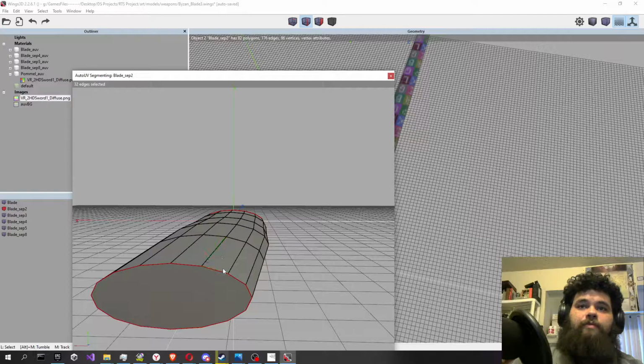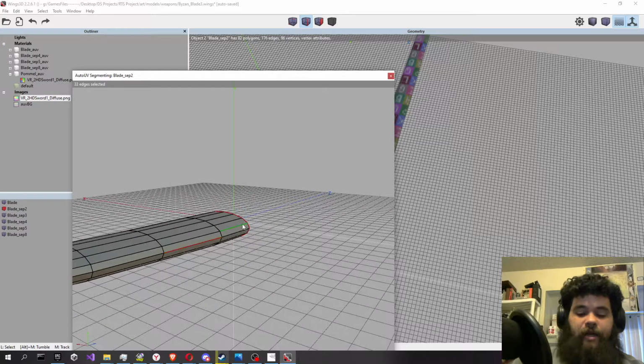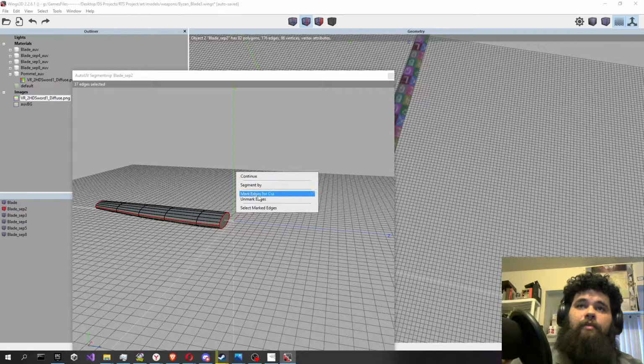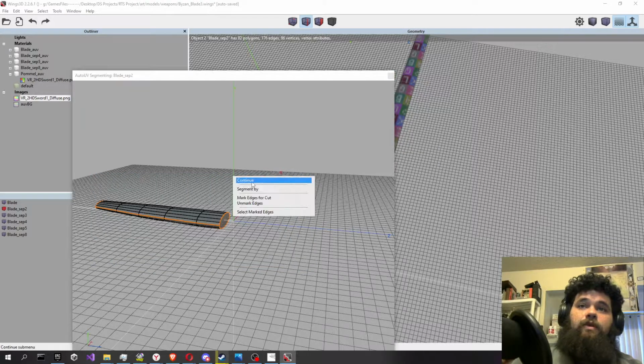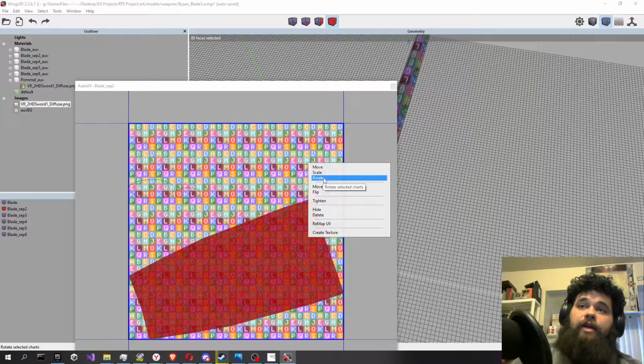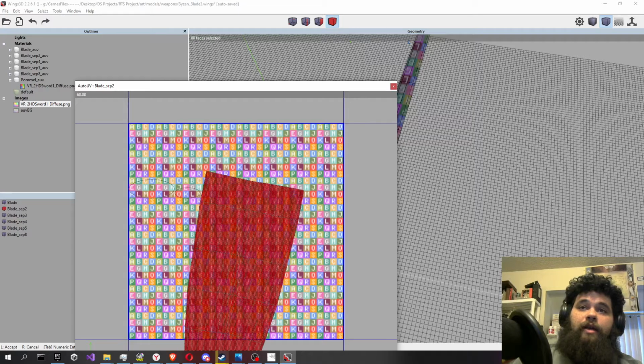I knew it. Let me always check for that. And then you hit L. Then you can hit L there. Okay, and then mark edges for cut. Unfolding. Alright? And then what I'm going to do, take this piece, we're going to rotate it like so,